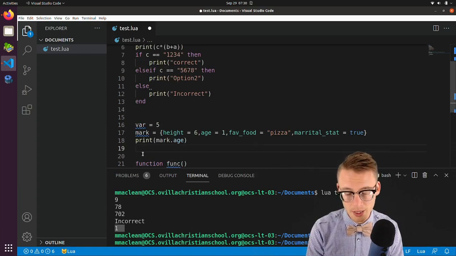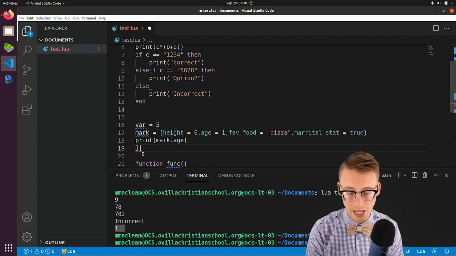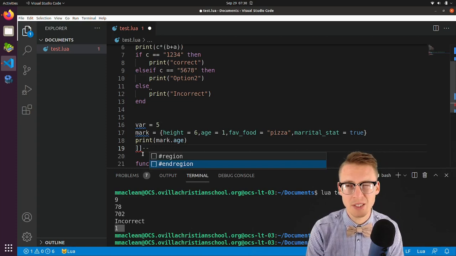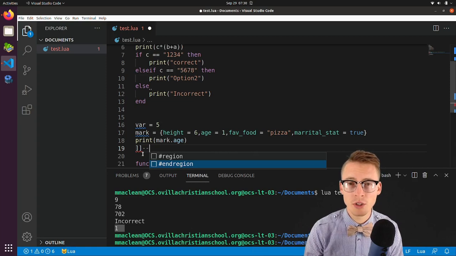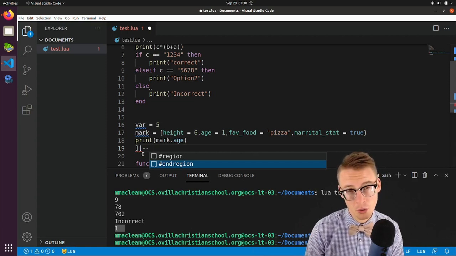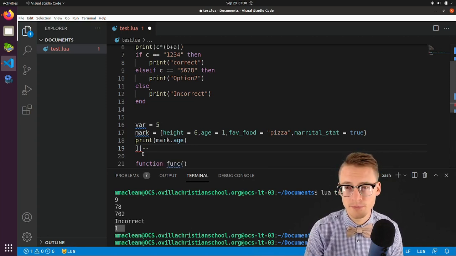But I don't want to have to put a double hyphen in front of every single line, and so there's a way to block comment. There's a way to comment out a section of your text, and we do that with two close square braces after the section. This is the best way to do it, I think. Go to the bottom of the area you want to comment out. So I'm at the very bottom. I do two close square brackets followed by two hyphens. I got to exit out of that